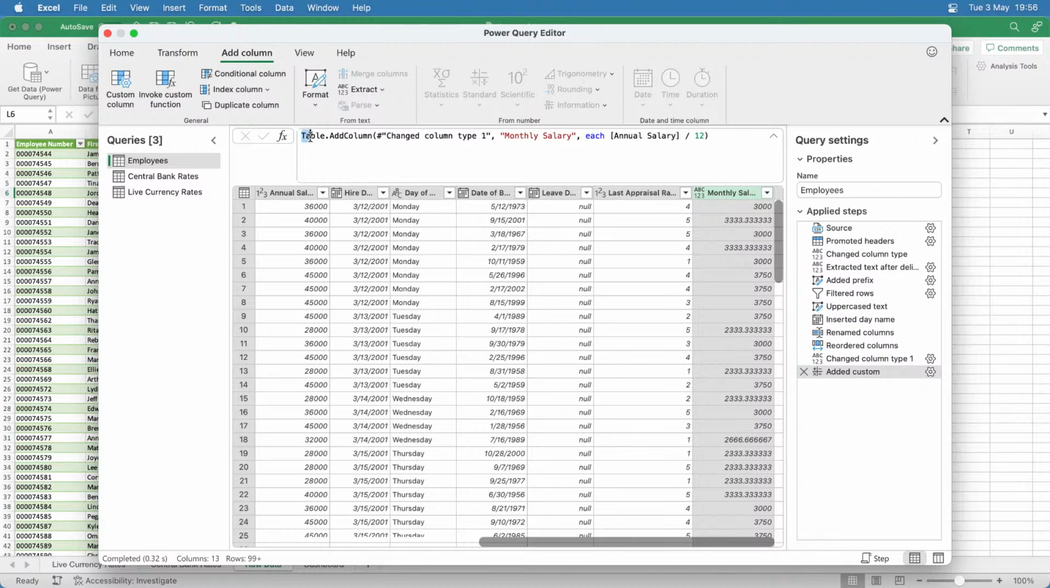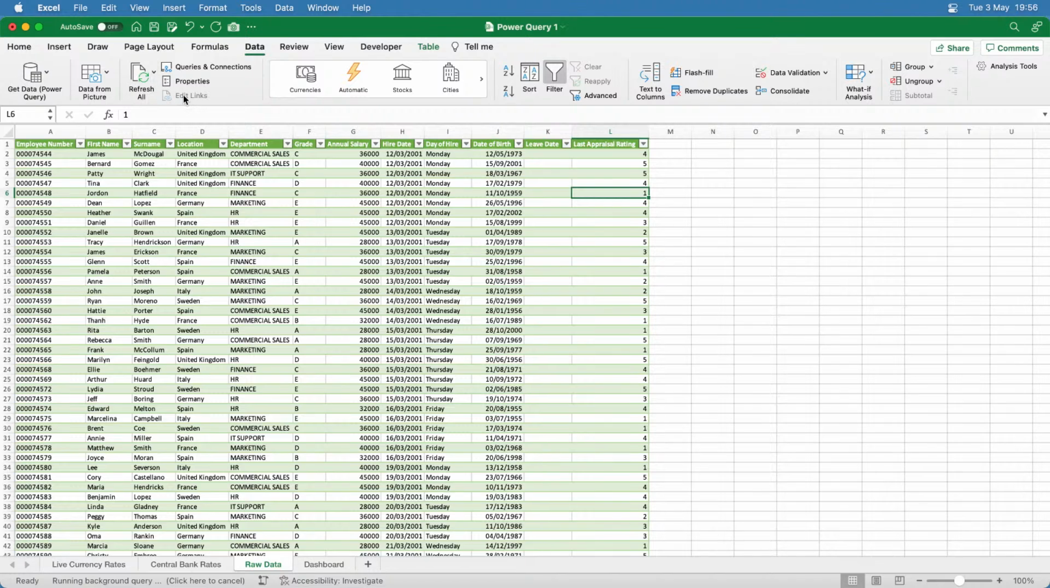So what that is saying is add a column to the table, add it after the step called changed column type 1. The column's going to be called monthly salary, and for each row the formula is annual salary divided by 12. But you know, who needs to know the M code when you can do it through a nice friendly dialog box? So if I was now to come out of the query editor